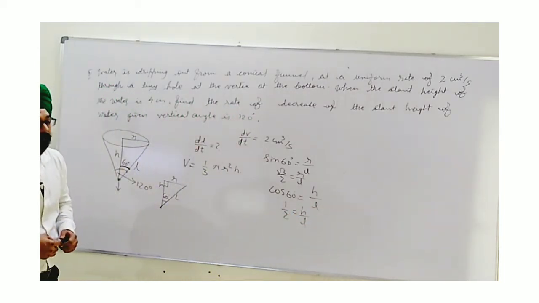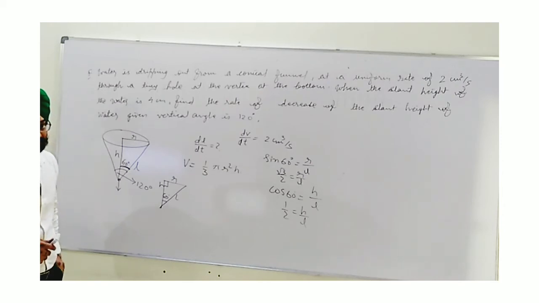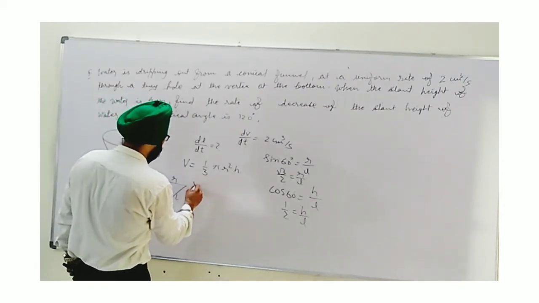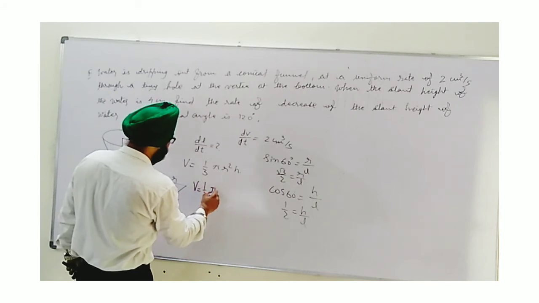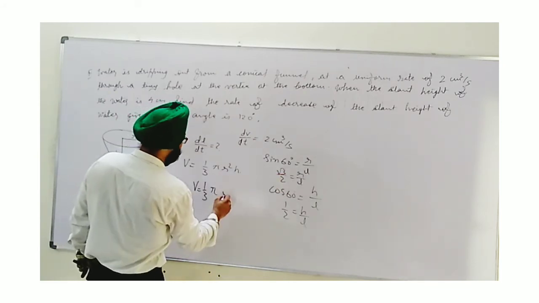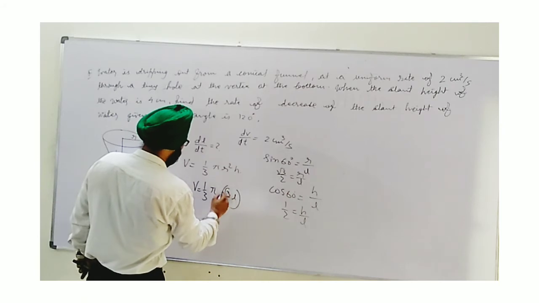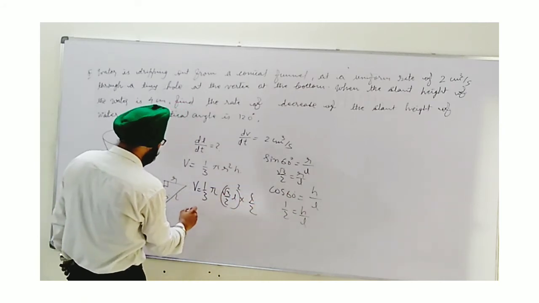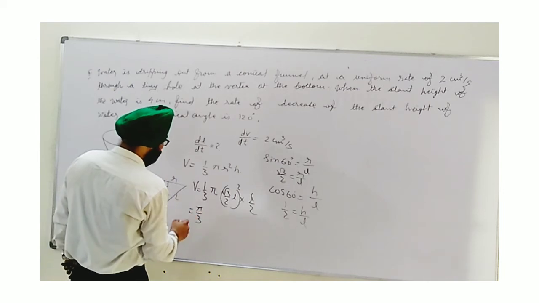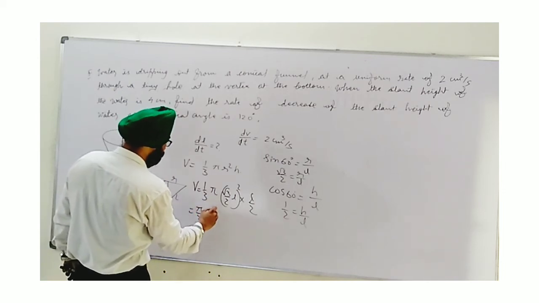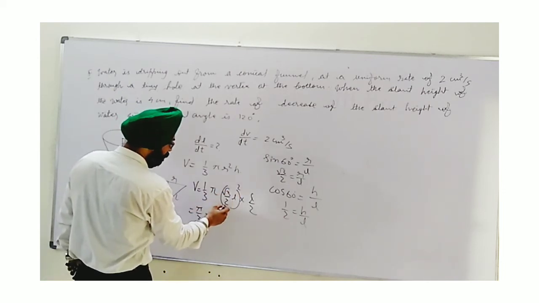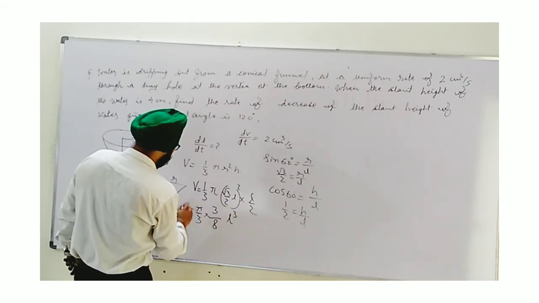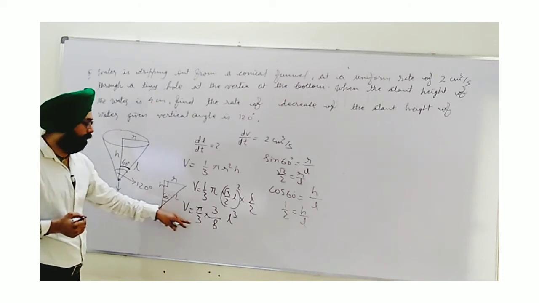From here, we will find the values of R and H in terms of L, and we put them in the formula of volume, 1 by 3 pi R square H. So R is root 3 by 2 L whole square, into H, which can be written as L by 2. So finally we will get pi by 3 into, this will become 3, this 2 square will be 4, so 3 pi by 8 L cube. Finally we have written volume as a function of L.